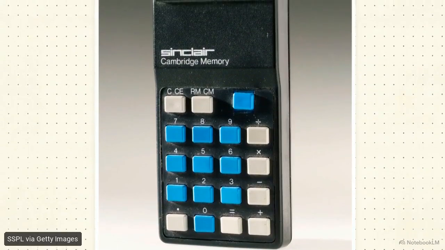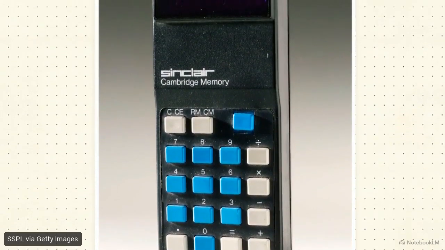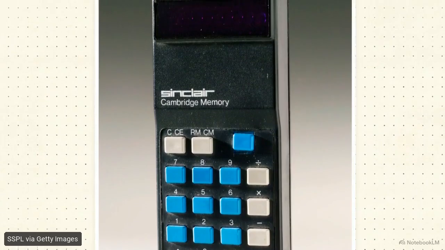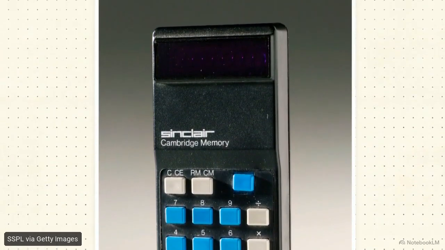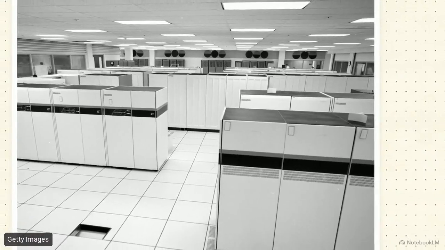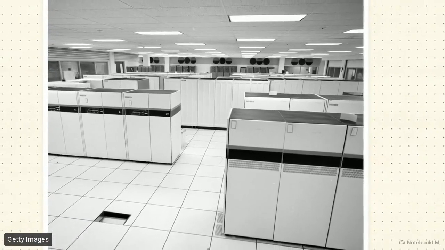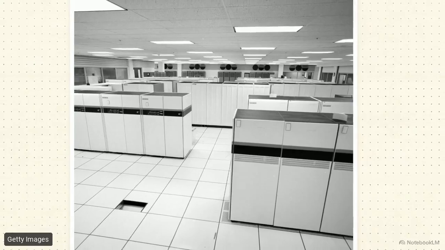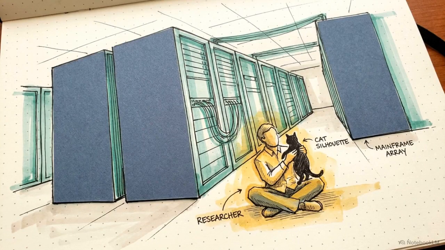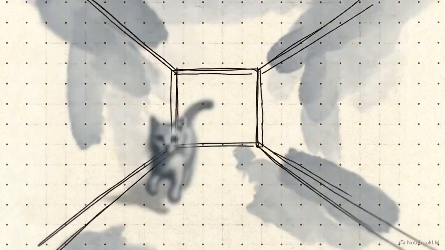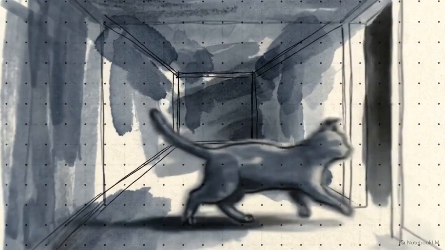A basic calculator can add massive strings of numbers flawlessly. It executes complex mathematics instantly, and it gets the answer right every single time. Scale that up to a $1 million room-sized supercomputer from the same era, and you have immense processing power at your disposal. Yet, if you asked that same supercomputer to perform a task any toddler can do, like recognizing a blurry photo of a cat in the shadows, it would have no idea what to do.